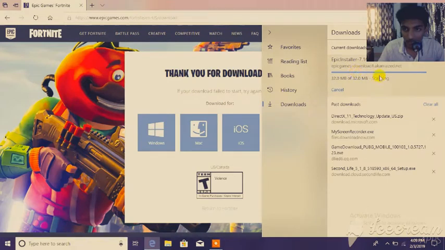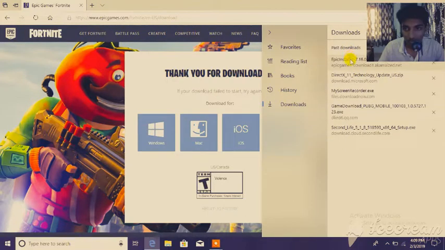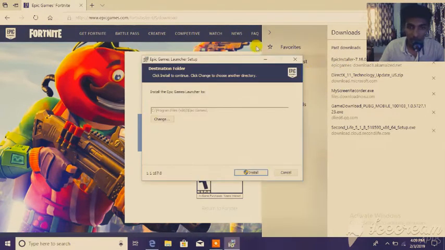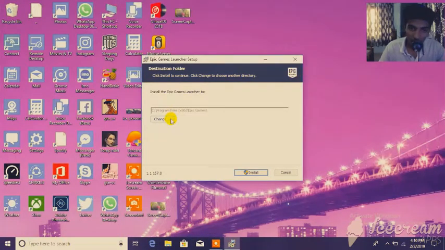Now you can see here scanning. You can see it's downloaded, and here you can see the Fortnite installer setup. Now you can select the destination folder and click on install.